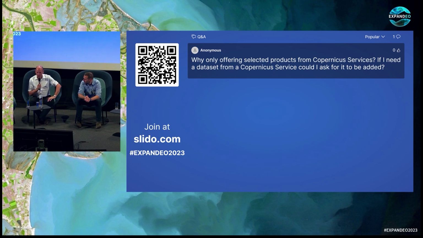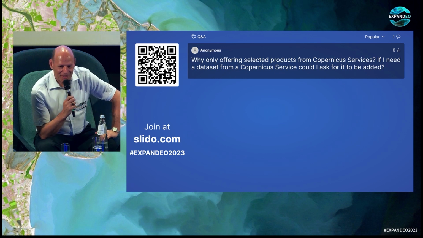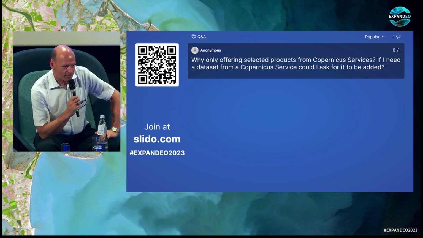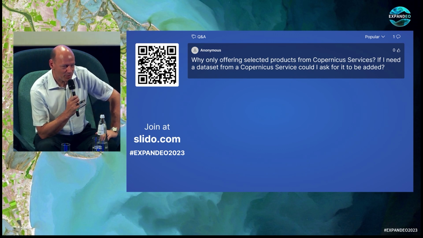Yes, Wolfgang, thank you. Good question. There are two elements built into the contract that we have with ESA to support this. One is that we have KPI monitoring on the continuous improvement of the data space itself, which means if we manage to constantly add new data sets and new services, we get a bonus for that, as you can imagine. So for us, there is a real driver to do this. And for the ones that contribute, there will of course be a win-win in that they benefit from running it in the data space.